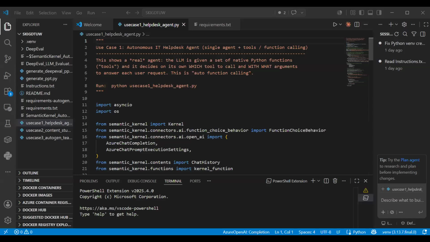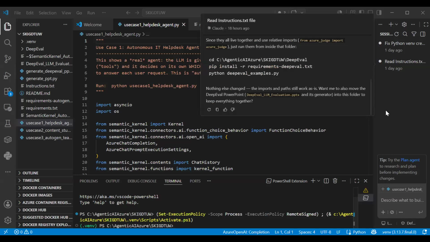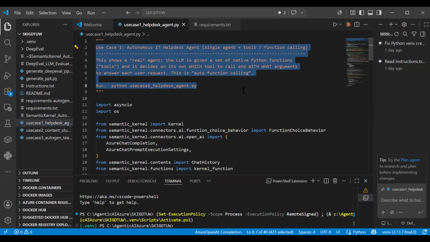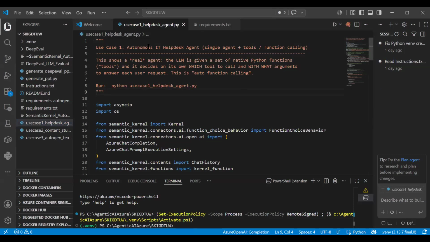So, what we're trying to achieve, and then I'll explain the code. This is one small use case for Semantic Kernel. First, understand what we're trying to achieve: an autonomous IT help desk. We are creating a single agent given access to tools, because a single agent alone cannot do this help desk task; it needs access to data sources, structured or unstructured.